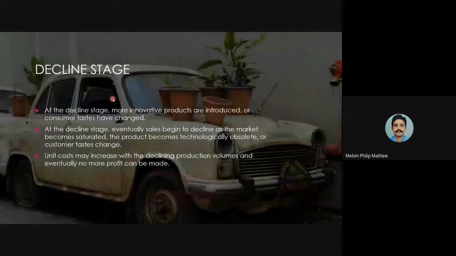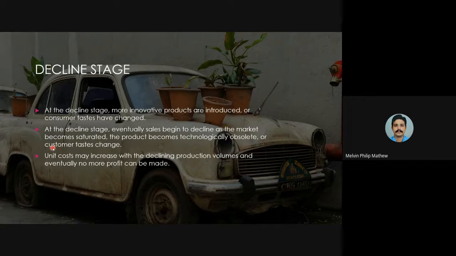Then comes the decline stage. So in the decline stage, the more innovative products are introduced, or the consumer tastes have changed. So that is what I have told you before about the gimmick. So at the decline stage, eventually sales begin to decline as the market becomes saturated, the product becomes technologically obsolete, or the customer tastes change. So in three ways: the market becomes saturated. It becomes saturated with all the